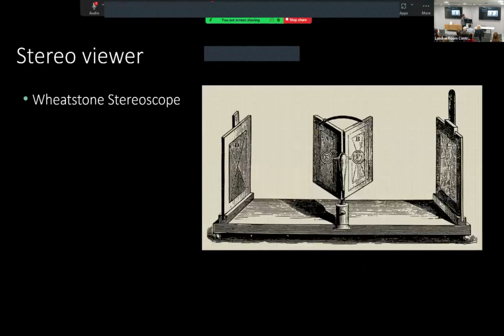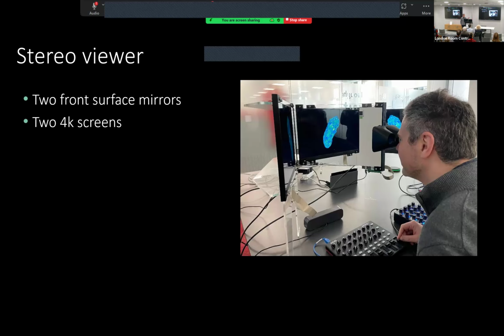A little bit about how I presented it. It's a Wheatstone stereoscope, this type of Victorian stereo viewer. Originally they were just two mirrors, two pictures, and no lenses. Your eye is basically in the middle, and one eye sees one picture because of one mirror, the other eye sees the other picture because of the other mirror. I like how high the image quality is for these Wheatstone viewers. They're brilliant, with nice artifacts. You can see a bit more of what's going on from the outside.